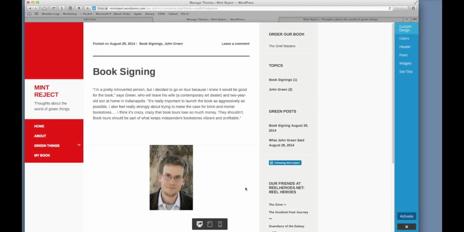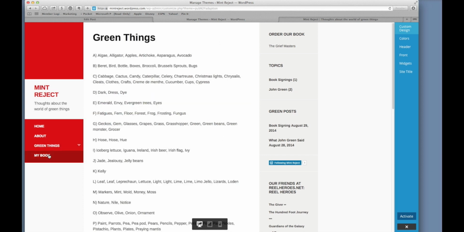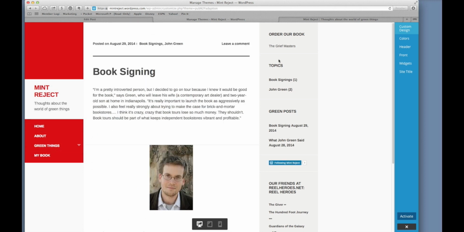So it's thinking about it. It's rearranging everything. As you can see, our menus are still here. Our posting about the book signing is still here. Our John Green picture is still here. The sub menu that we had is still here. Here's our listing of green things. All of our content is still on this website. Here are our widgets that we had put in the sidebar. Those are still here. So everything that we did with our website, all the content that we created, is still